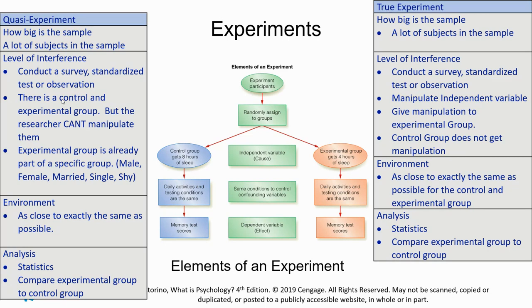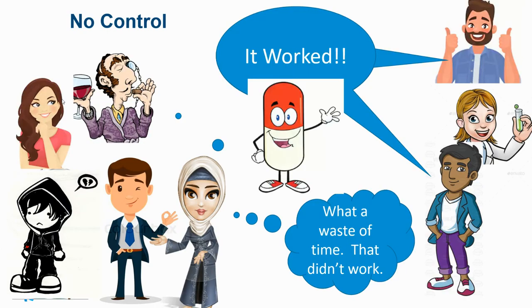A lot of correlational studies are actually quasi experiments, not all of them, but sometimes you end up having a control group and an experimental group, but not enough of the requirements for a true experiment. And so you just end up with a correlational study that's a quasi experiment. All right, let me just jump down here